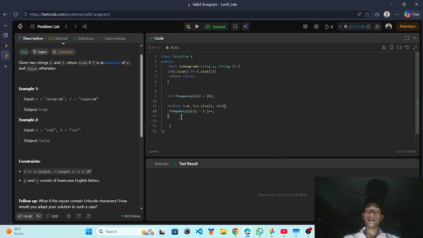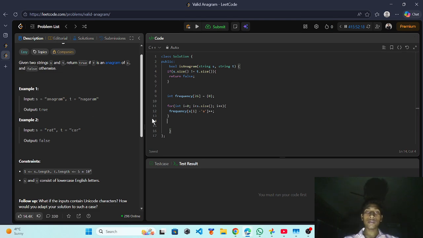After that we go to the next step. The ASCII value of a is 97, so 97 minus 97 is 0. So when one letter a is passed here, count plus plus means one a.